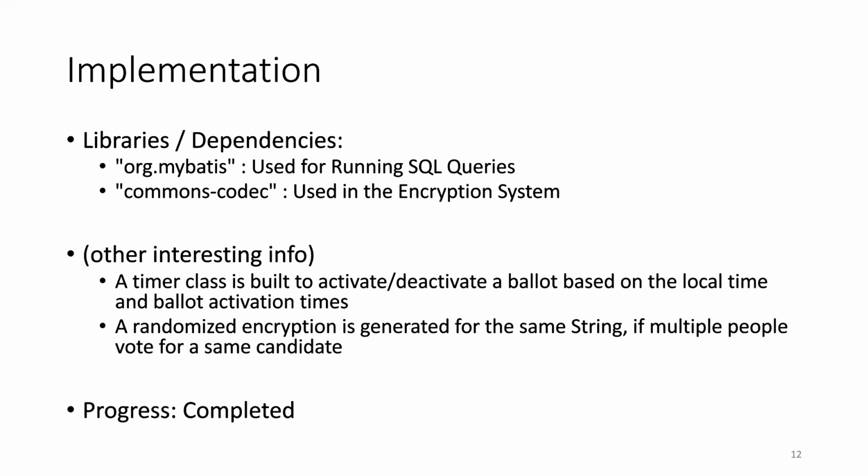And there is also a randomized encryption system that is created for this application. The purpose of that is, if two people vote for the same person and the same string is passed to the encryption system, it will return a different encryption for the same string on multiple instances. So if hello is passed 2 times to the encryption system, it will output 2 different encrypted strings, so that when we store these encrypted votes in the database, any database handler cannot see which person has voted for which candidate. As for the progress of this application, it is completed and all the requirements that are in